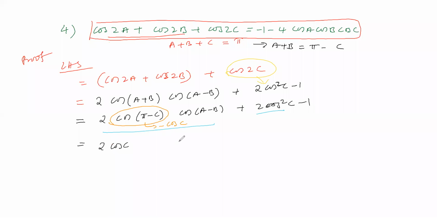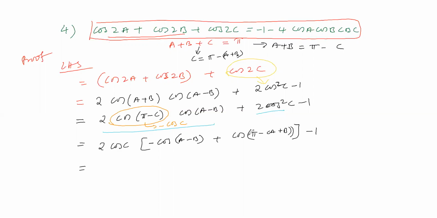Okay, now what is left here? Cos (A minus B) is there. Here cos C is there. How much can we write C from this? We can write C is equal to pi minus (A plus B). So the C value we substitute here, pi minus (A plus B). And this minus 1 is there; the minus from here we have taken out.